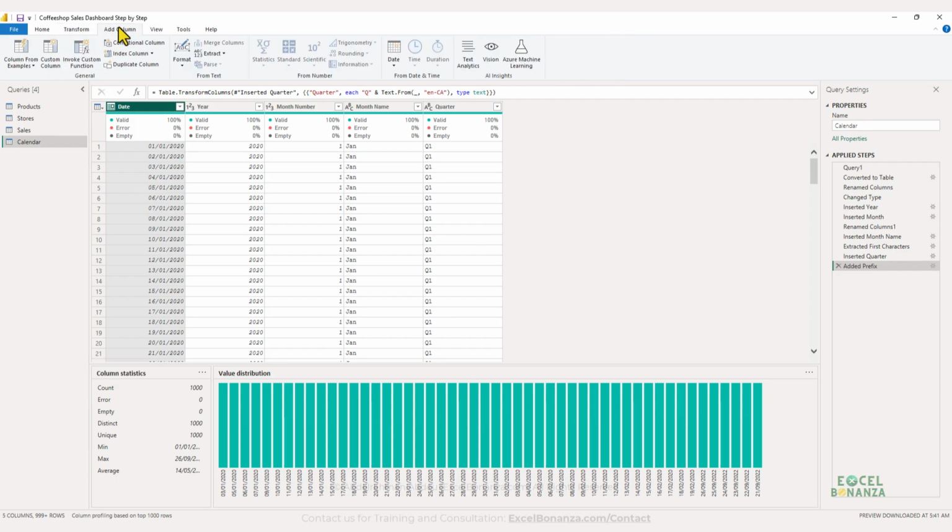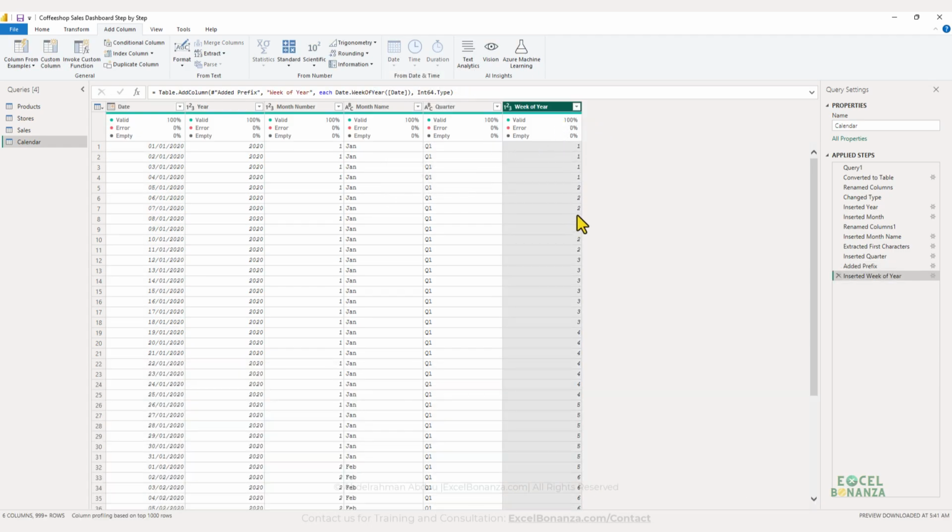Let's go back to the date column here. Let's select it, and let's add a column. And let's go to Date here, and we're going to add the week of the year. So this will add the week number of the year. However, what day of the week a week starts on, whether it's Sunday, Monday, Tuesday, etc., will be decided based on the current locale of the machine that you're creating this Power BI file on. So to avoid that and make it explicit and make it work the same way on any machine,